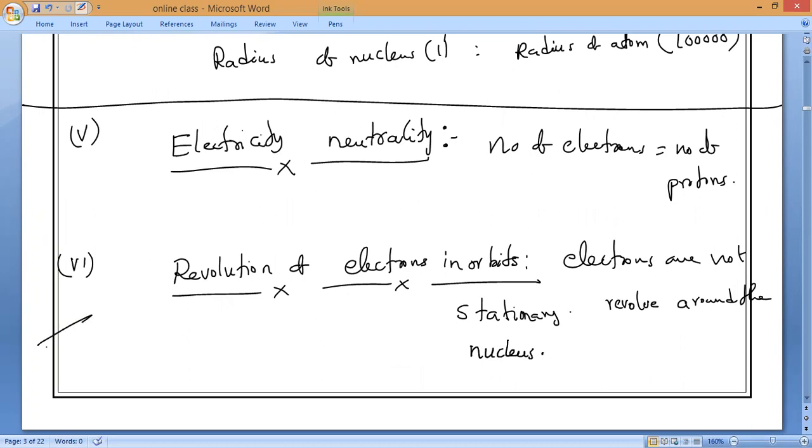Okay, so these are the Rutherford atomic model points. Later we'll study the drawbacks of the Rutherford atomic model in full, and later we'll go with Bohr's atomic model. Then the atomic models will be over. After this only, we can study the discovery of neutrons, because in 1932, Mr. James Chadwick discovered a third subatomic particle called the neutron. So till here, please all of you read your NCERT book and text. If anyone has any doubt, you can ask me. Please complete it so that we can wind up.